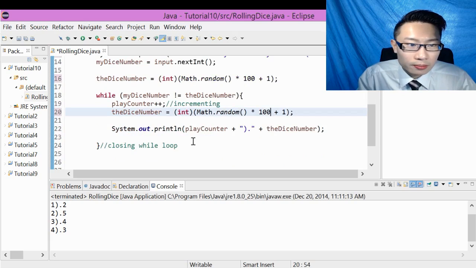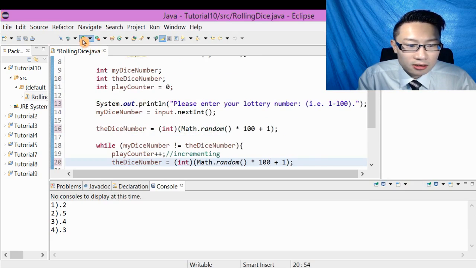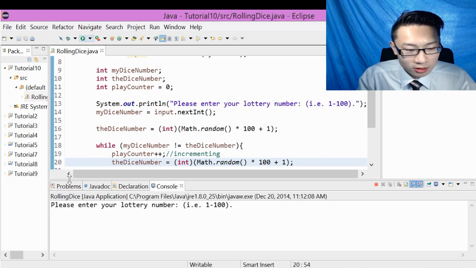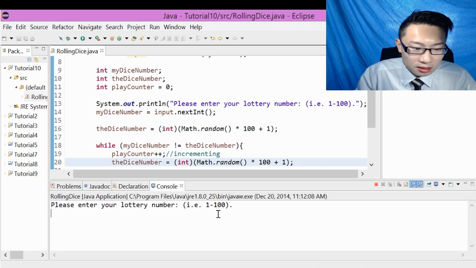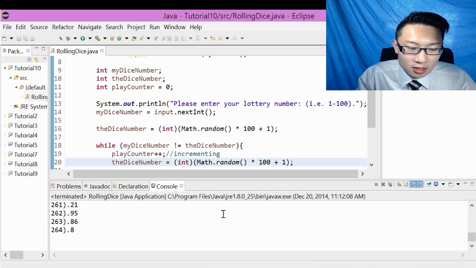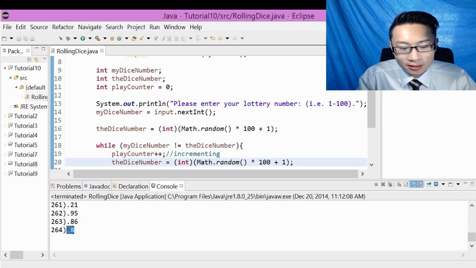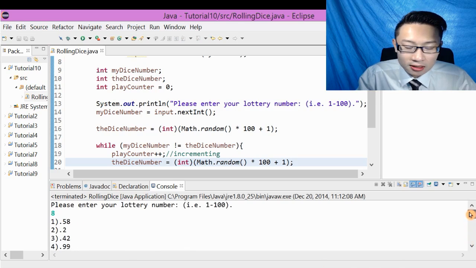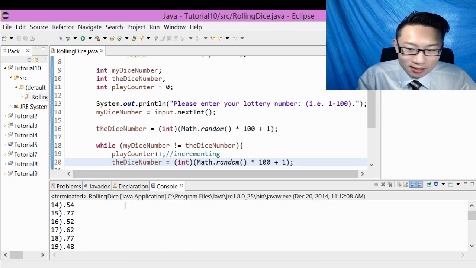So assuming I like the number 8, because in Asian culture, 8 is a good number. So out of 100, when I hit 8, you need to roll 264 times until my lucky 8 pops up. So you can see the lottery is high and the probability is slim, but there is still a probability, it's just a very slight chance. So out of 100 numbers, I have to roll 200 and something times